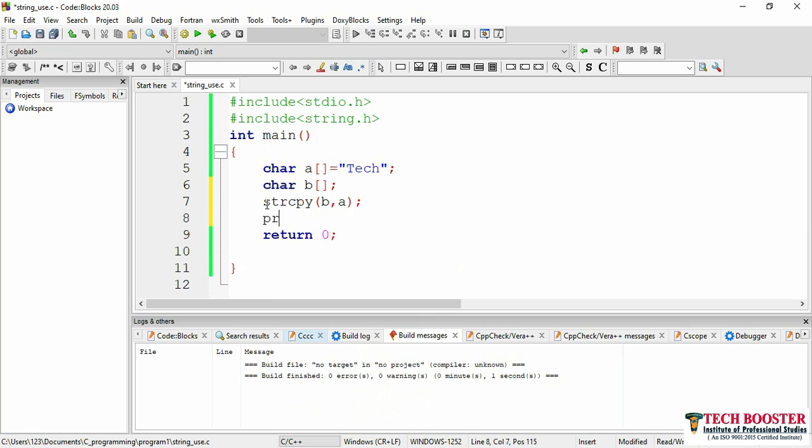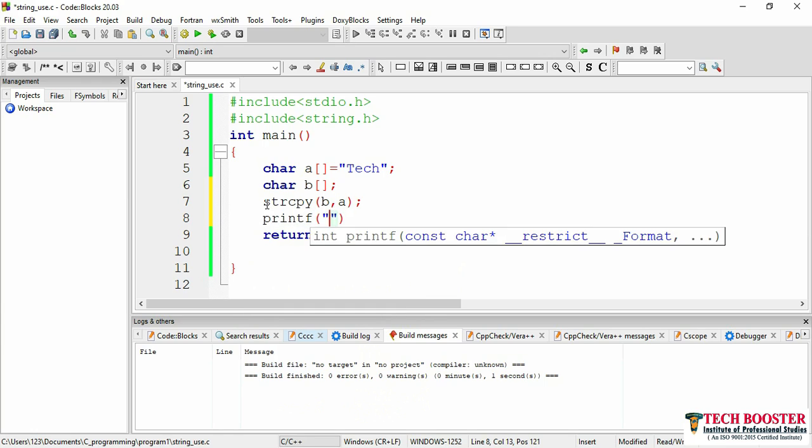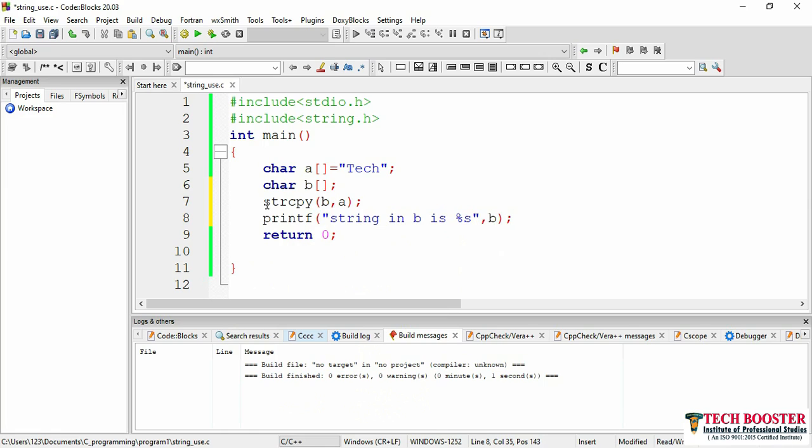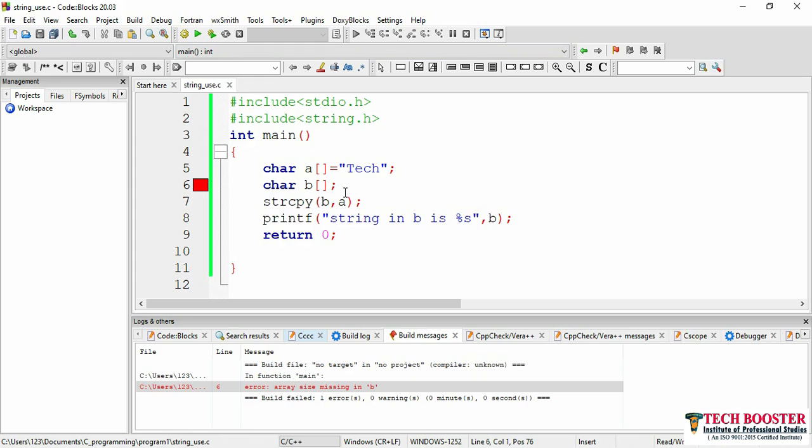Now I can use my printf function. Printf, string in b is %s, as this is my string, comma b. Now once you run this, okay, I need to specify my size here. You need to specify your size. Let it be 30. As I've told you previously, that is the meaning of size.